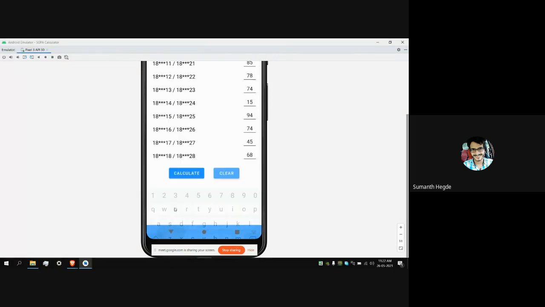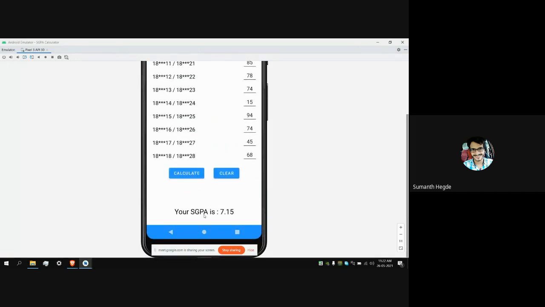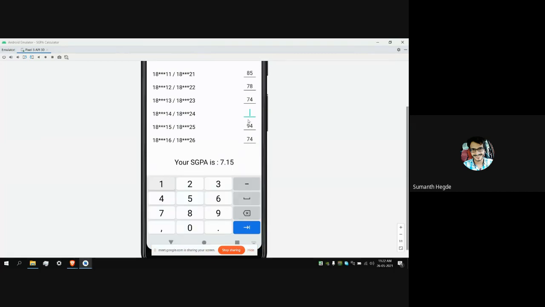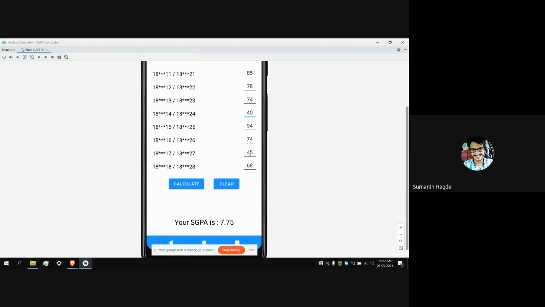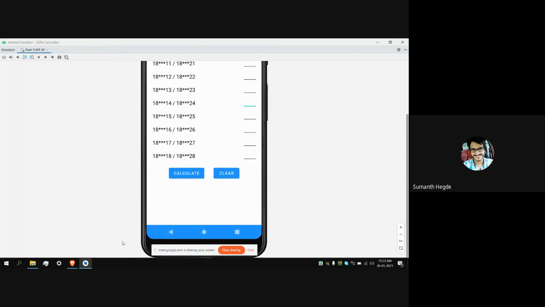If the user clicks on calculate, it will give the result on this text view. I can change any marks and get the result. If the user clicks on clear, all these fields become empty, and this text will also become empty.